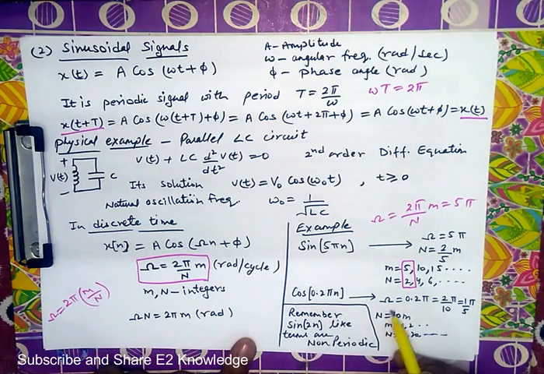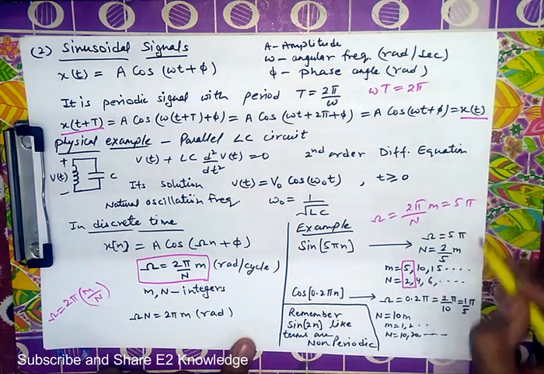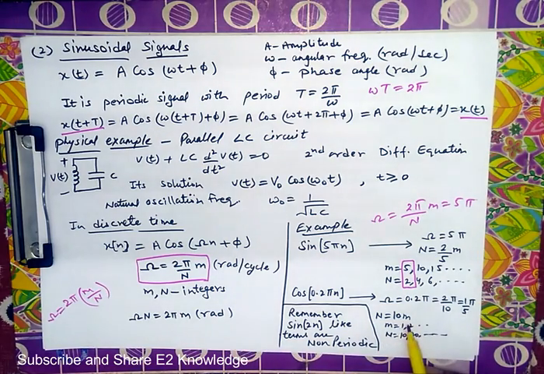Suppose now omega is equal to 0.2 pi, and again 0.2 is 2 by 10, which is 1 by 5. Comparing pi by 5 with 2 pi by n into m, n comes out to be 10m. Similarly, for m equal to 1, 2, 3 and so on, n is 10, 20, 30 and so on. So again, we can take the first case, that is for m equal to 1, n is equal to capital 10. You can take any case as per the requirement, but generally we will take the first one.